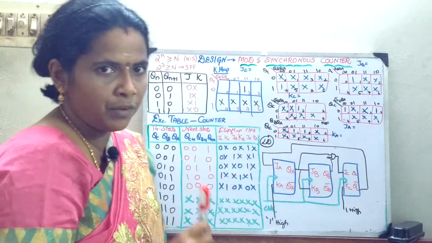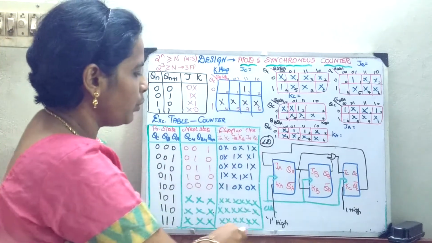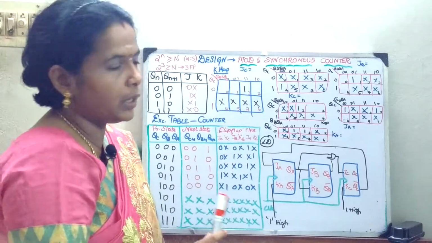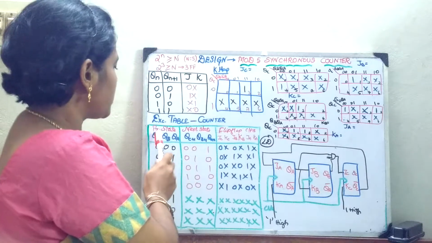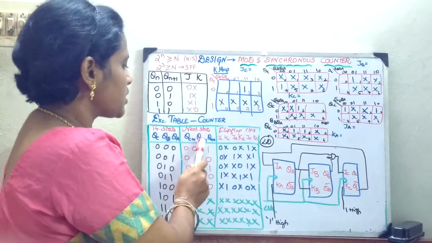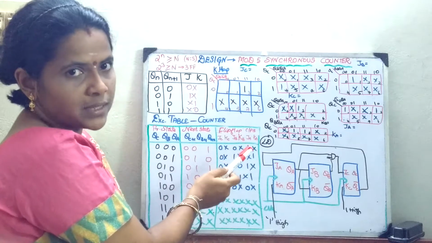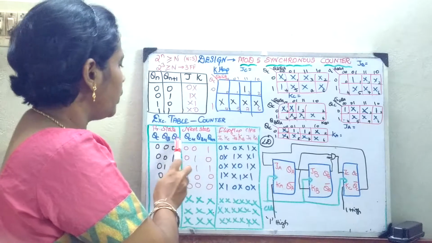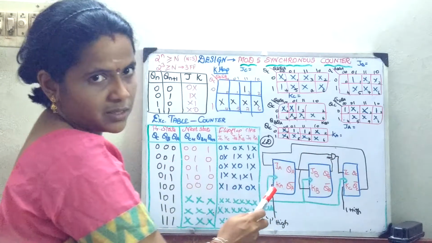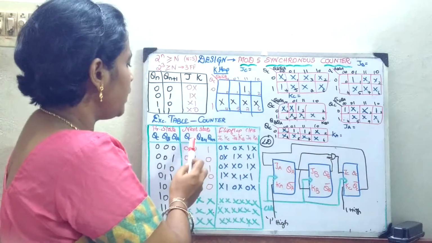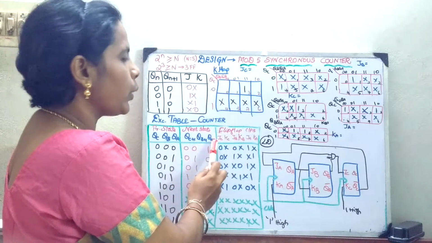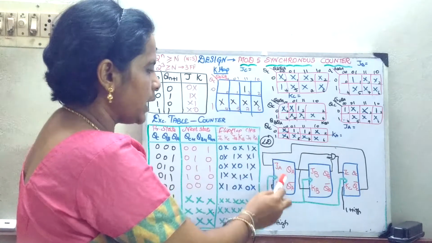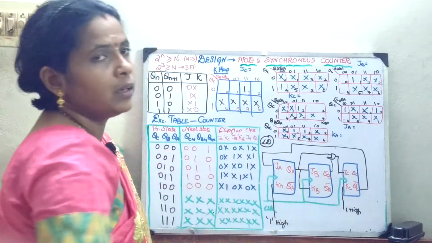Now, what is the first step? The first step is to frame the excitation table for the counter. So, how many states? 3 states, present state. When I write the present state, the next state, and compute my inputs, it is going to be my excitation table. What are the 3 inputs? 3 states: QC, QB, QA. These are going to be the 3 present states. Next, the next states: QC plus 1, QB plus 1, QA plus 1, which represent the next state. Next, what will be the inputs? JA, KA, JB, KB, JC and KC.